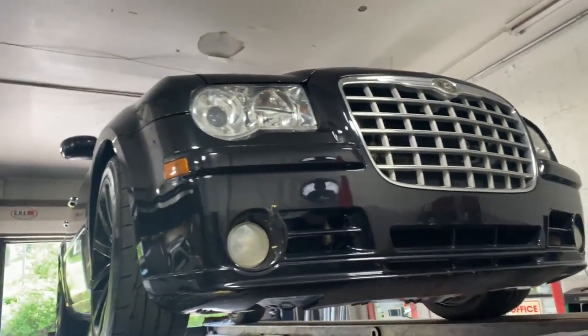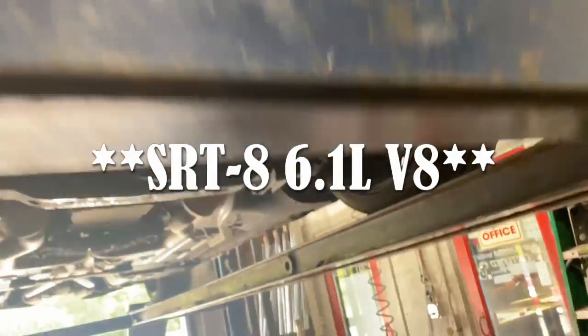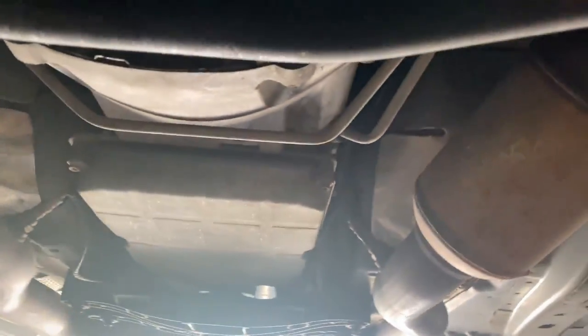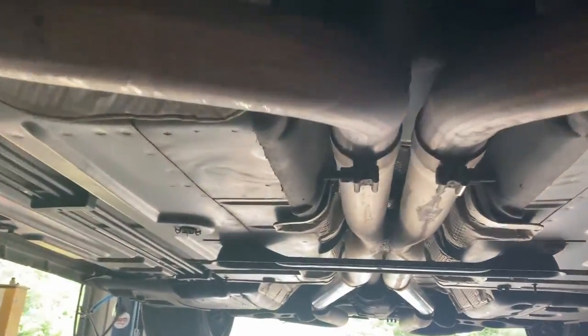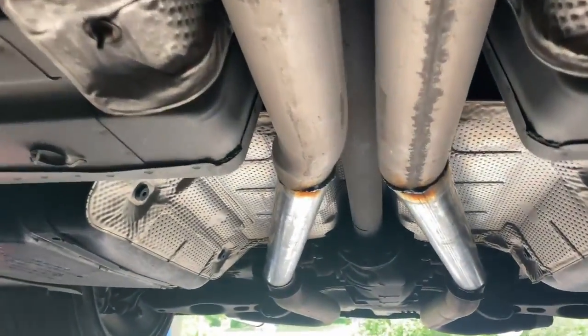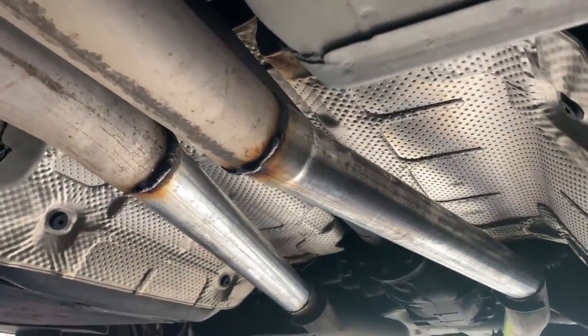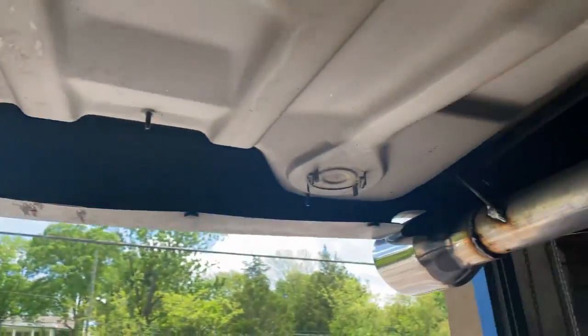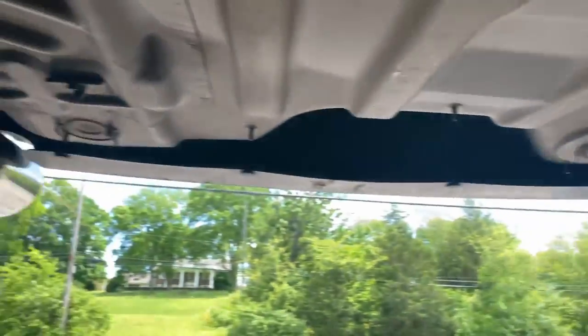2007 300C 5.7 liter HEMI. Still got the factory converters there and there. Then it comes with a factory X pipe. Then we did a suitcase delete in the middle and a rear muffler delete in the back, right there and right there,